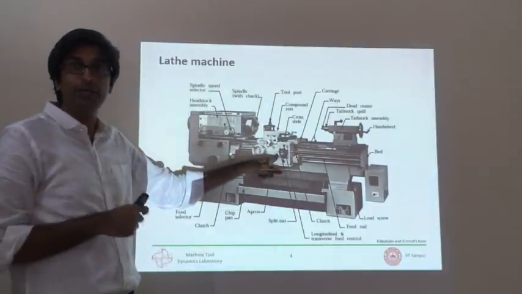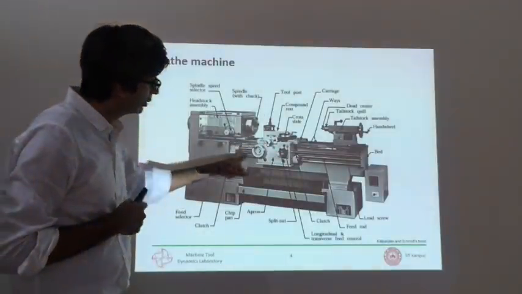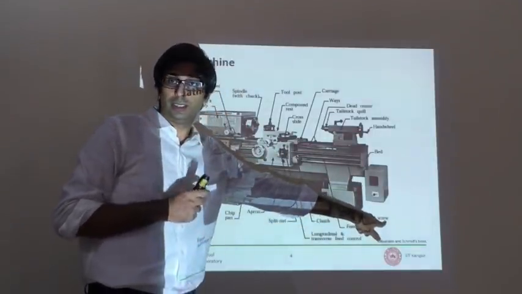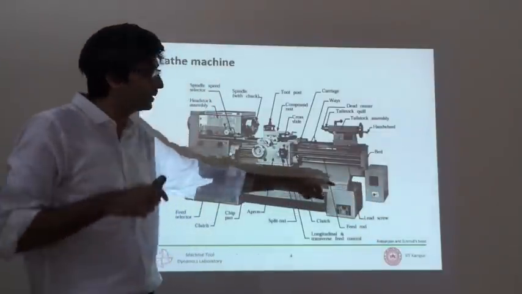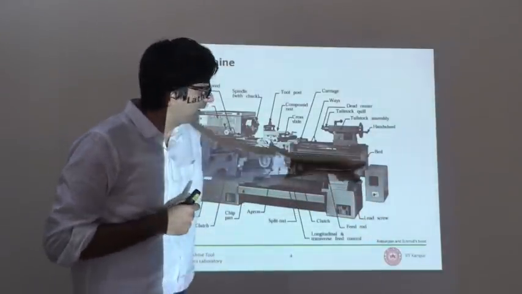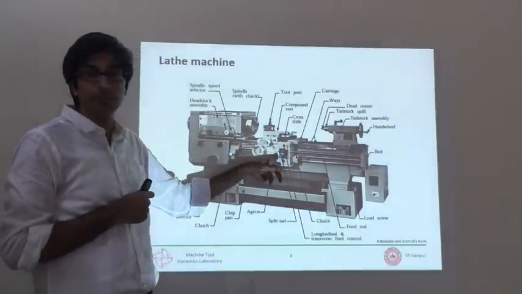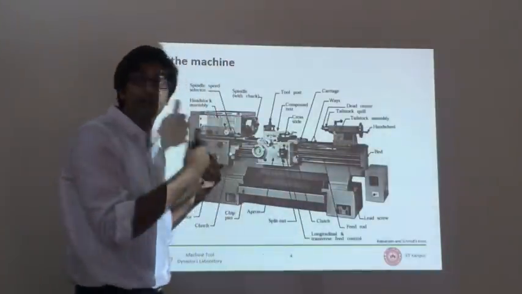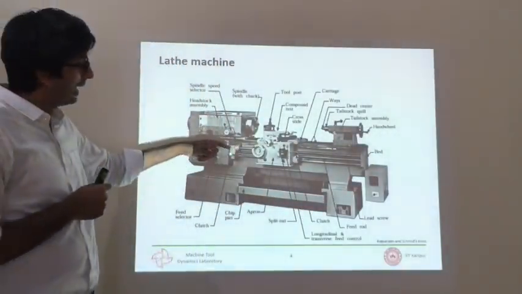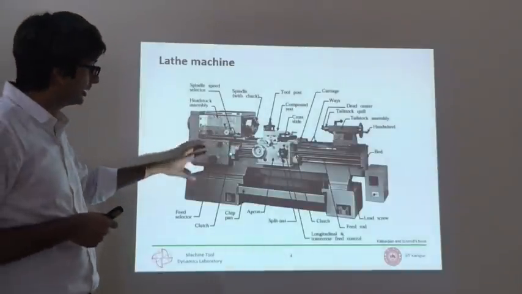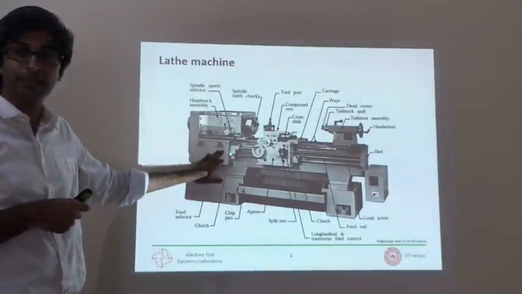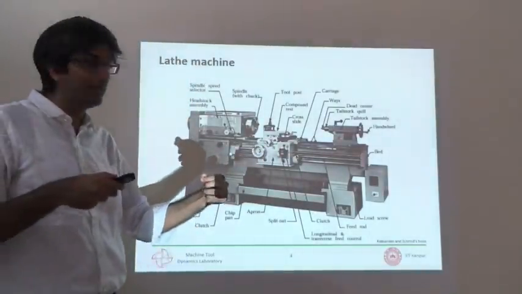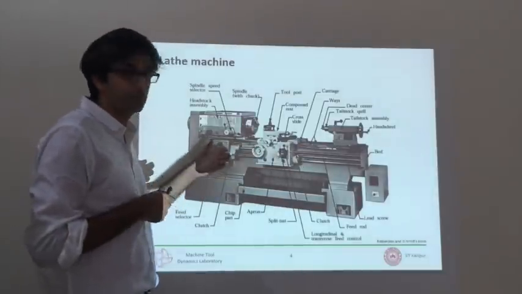The way this cross slide gets motion is through a screw nut mechanism. This is a screw that is shown here, the lead screw. It is essentially a screw with some special kind of pitch profile, thread profile. The nut is mounted within this cross slide. Because the screw is fixed at both ends, it cannot move, it can only rotate. Its drive is either manual or it can also come automated through the gearbox inside this headstock. Because the lead screw ends are fixed, it can only rotate in place, and the nut translates on that screw.